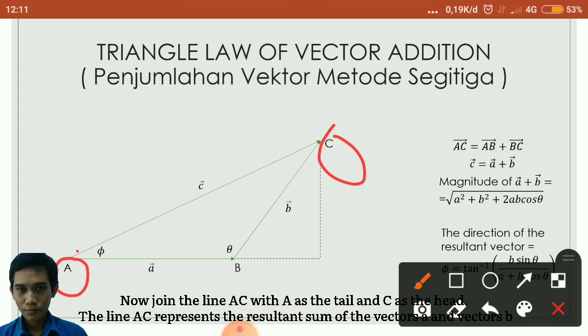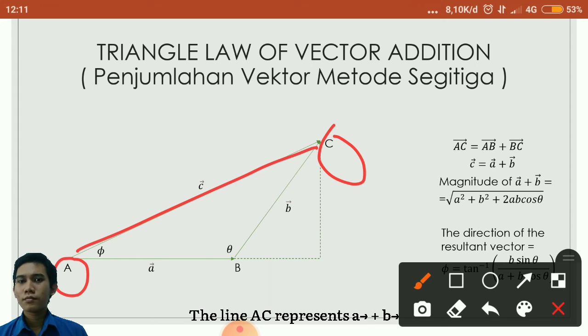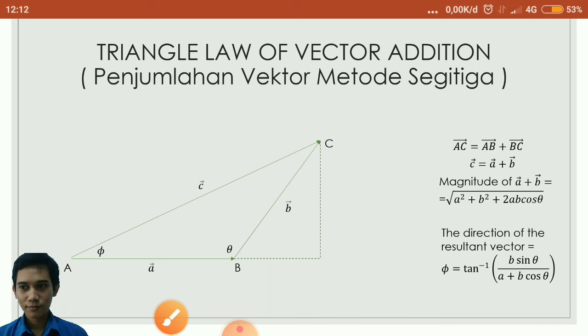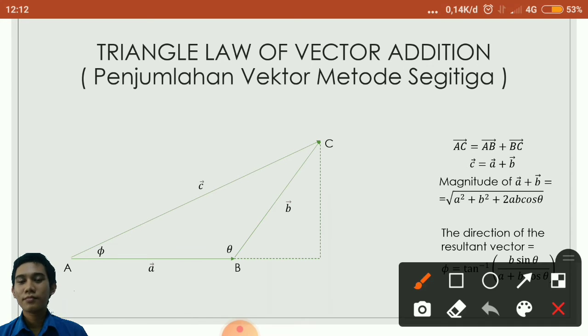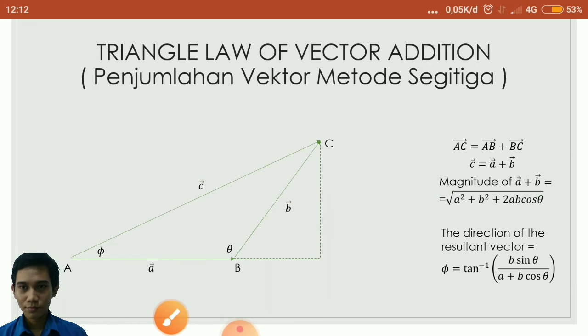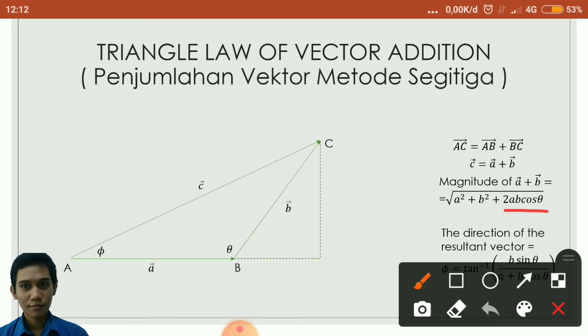The line AC represents the resultant sum of vector A and vector B. So the line AC represents vector A plus vector B. Next, we will talk about the magnitude of vector A plus vector B, which is equal to the root of A squared plus B squared plus 2AB cos theta,